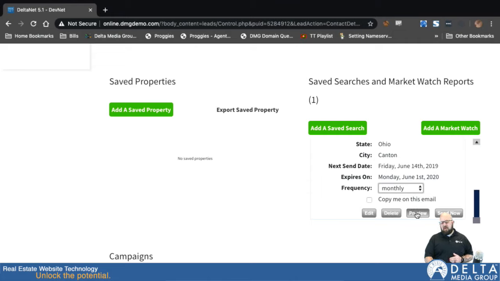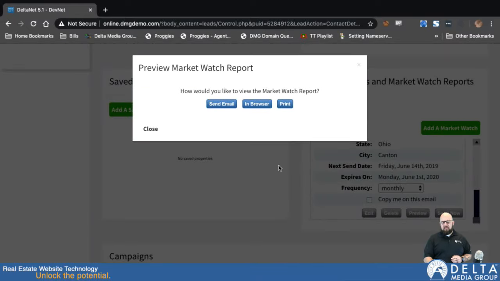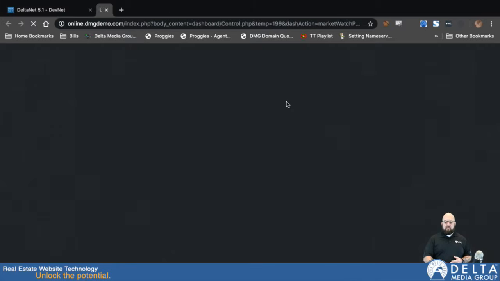I can delete this market watch, I can preview it, or I can send it. Now if I click on preview, I have a new option available. So not only can I send out a preview email to see what this market watch will look like in email, I can click in browser to actually preview it right in my browser. Or now, a new feature we've added, I can click on print, and this will generate a printable version of